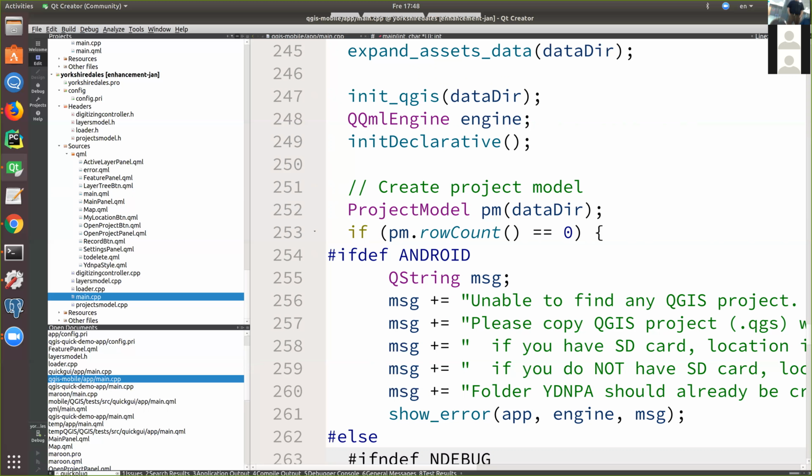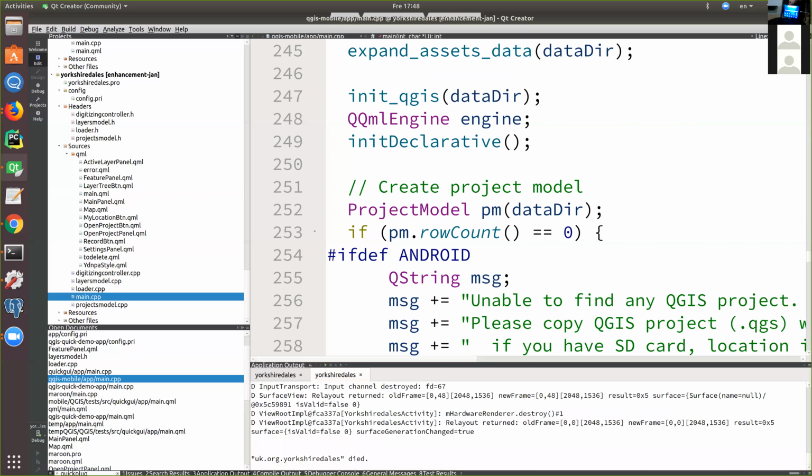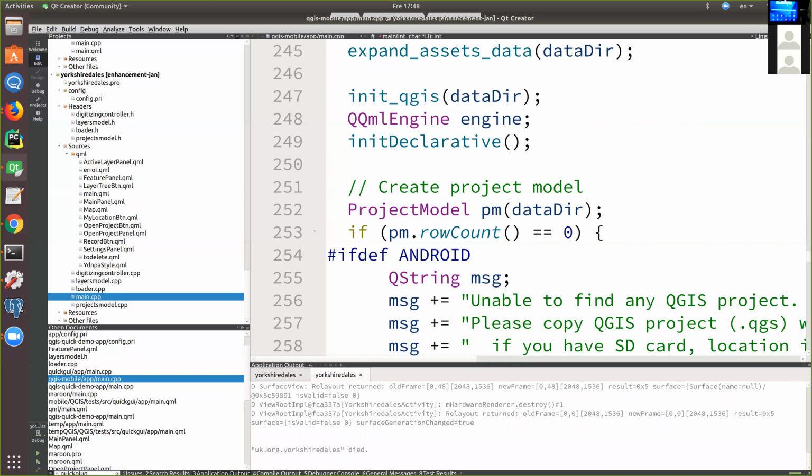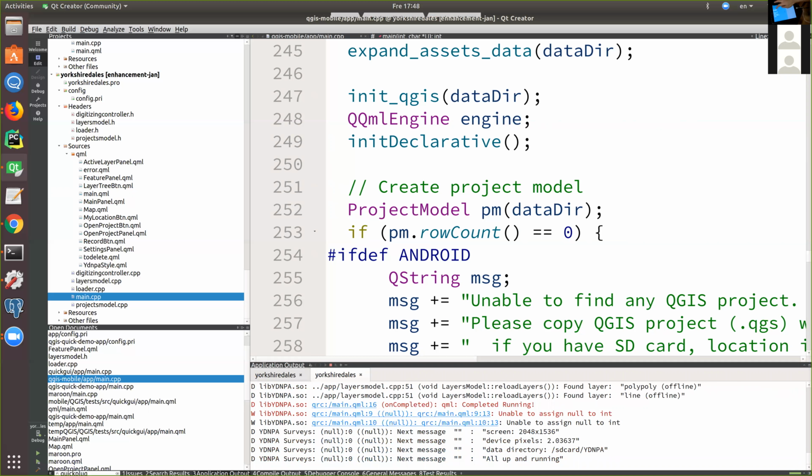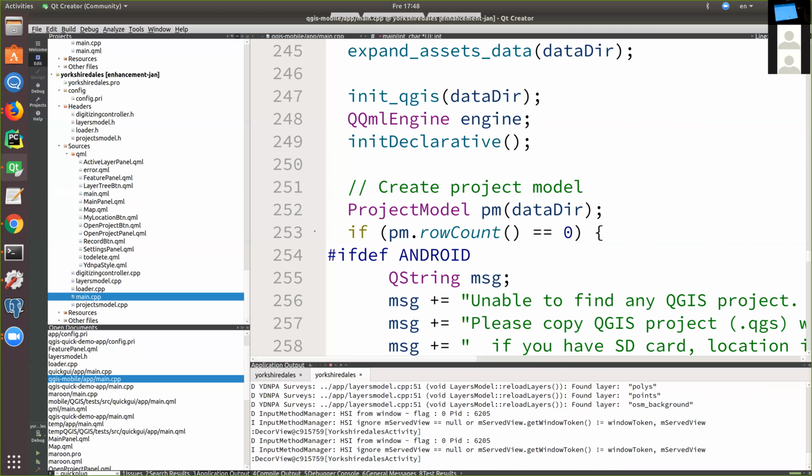The camera. You see? Still building. Okay. So